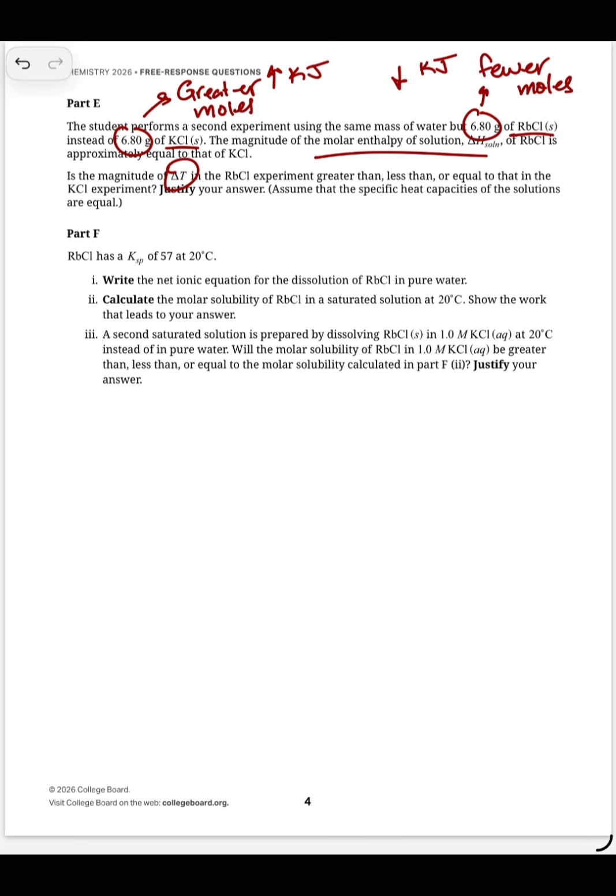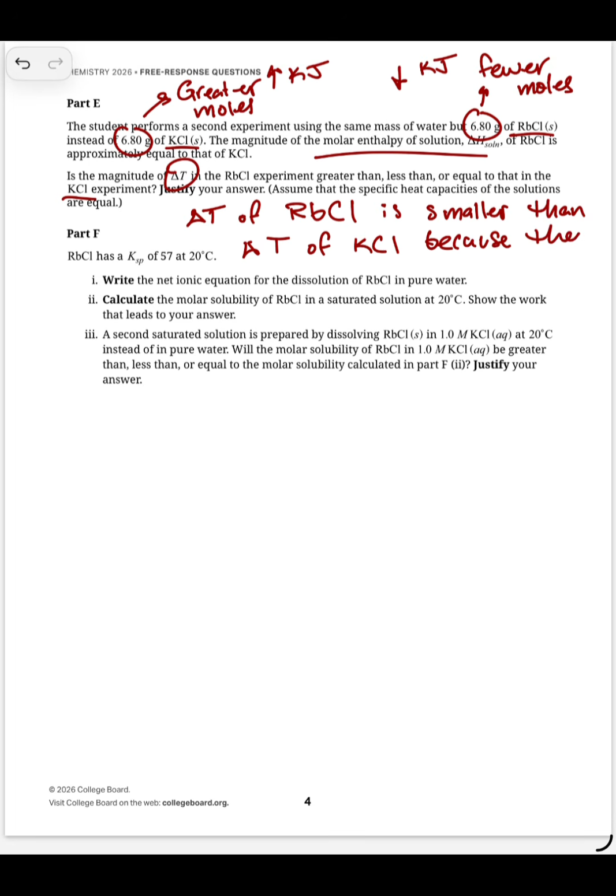So then it says, if you use the rubidium chloride instead, how would its delta T compare to the delta T when you use the potassium chloride? So like we said, fewer moles means that you're going to have a smaller amount of energy. And so if you have a smaller amount of energy, that means your delta T is also going to be smaller. So we would say that the delta T of RbCl is smaller than the delta T of KCl